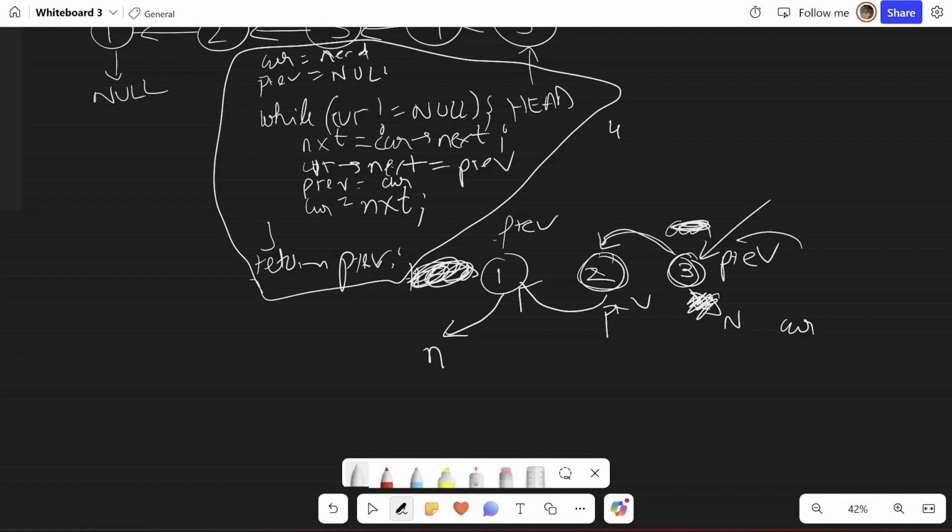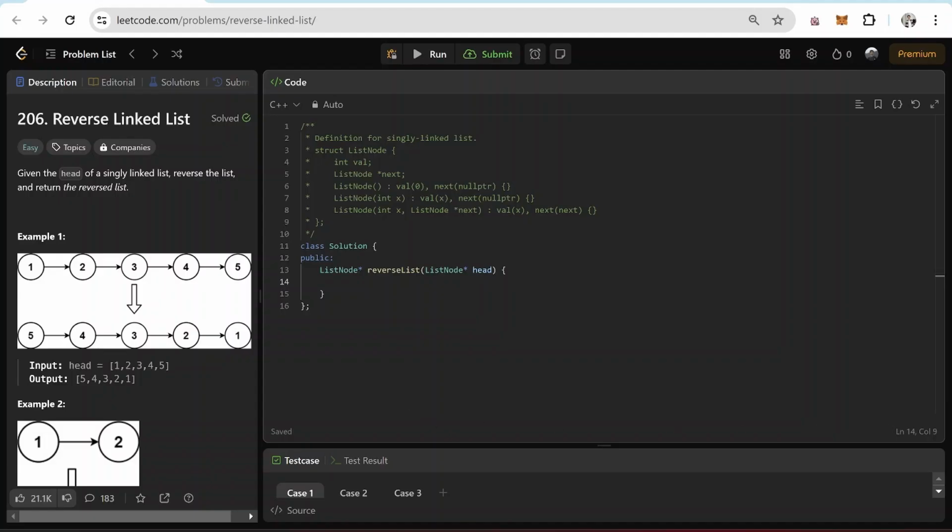I hope you got it. Now let's code this. I'm given a function called reverseList with the ListNode pointer type of head. As we discussed, we'll take 2 more pointers, one for the current node, which will be equal to head initially, and one for previous, which will be a null pointer initially. And I'll iterate using the cur. So while cur is not equal to null pointer,